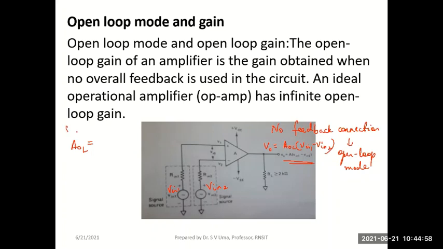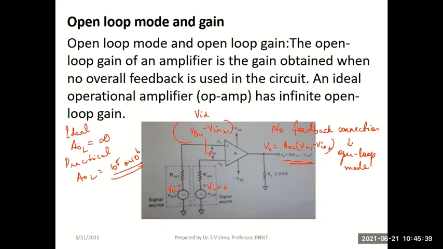Remember, the ideal open loop gain is infinity. Practical open loop gain will be in the range of 10 to the power of 5 or 10 to the power of 6. This op-amp has a very large voltage gain. Two differential amplifier stages are used to provide gain. Now, however small this difference is, this VID here stands for the differential input Vin1 minus Vin2. This small differential input voltage will be amplified with a very large gain.